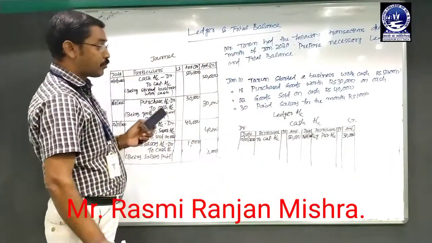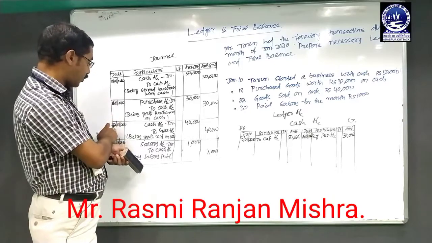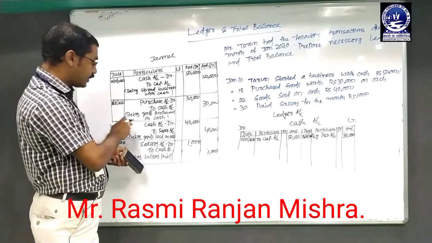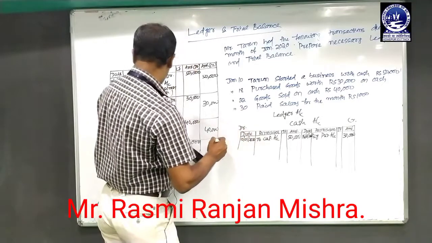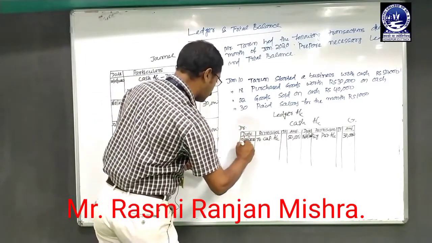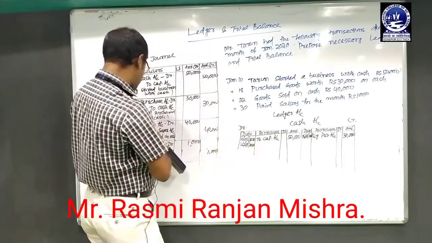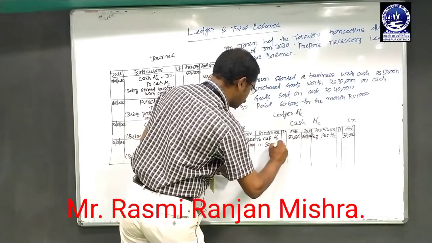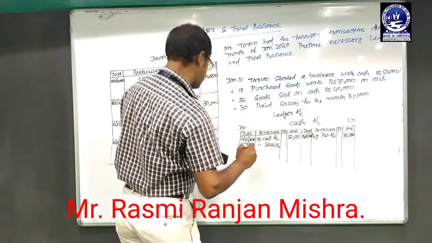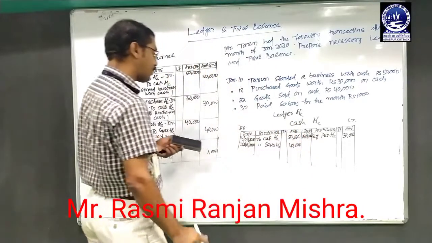So this is the posting from journal to ledger. Then the next one is on 22 January. Here cash account is debit, so directly go to the debit side of a ledger account, that is made on 22 January 2020. Cash account debit means sales account credit, so to sales account and the amount is 40,000. We have to put the amount 40,000 in the amount column.